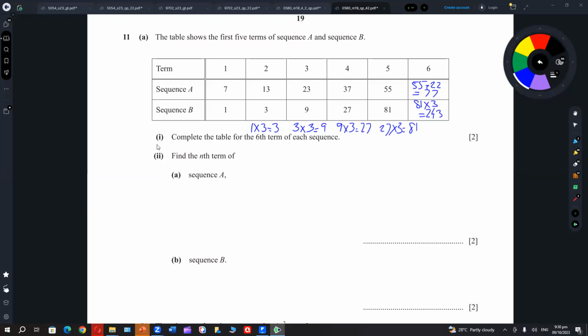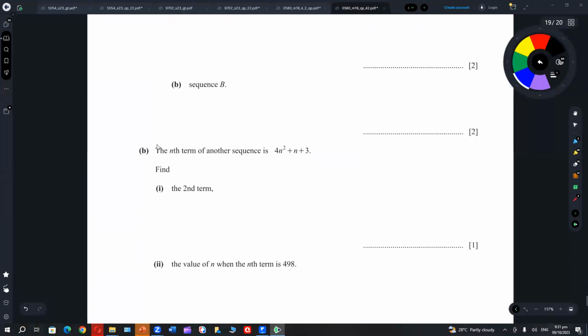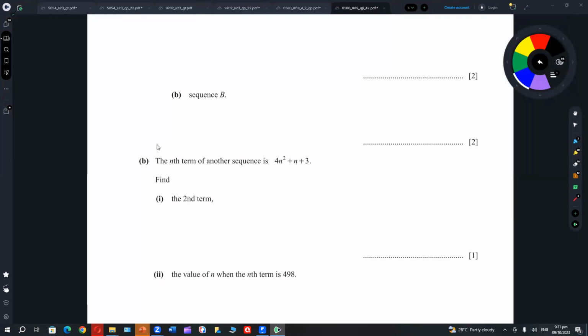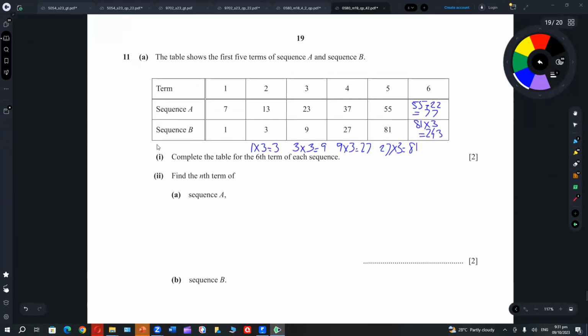Nth term is like a formula which can make the whole of the sequence. This is called nth term. Nth term means you have to make a formula which can make all these terms by putting,